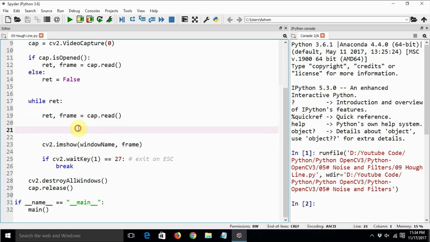So let us first convert that frame to grayscale. gray equal to cv2.cvtColor, img comma cv2.COLOR_BGR2GRAY.